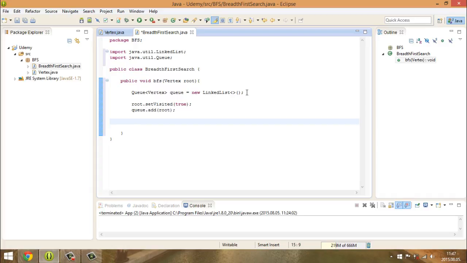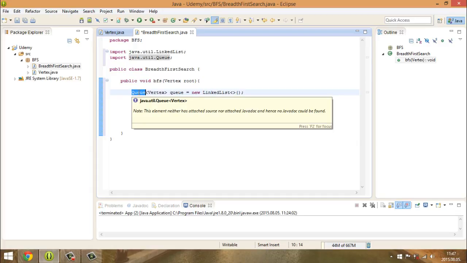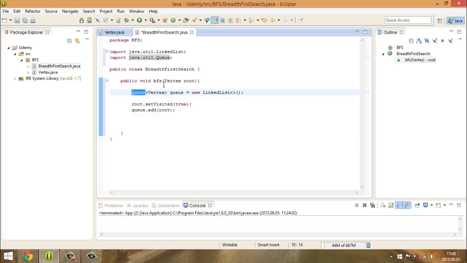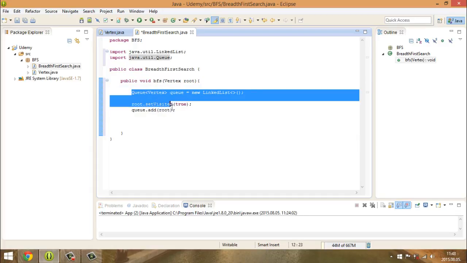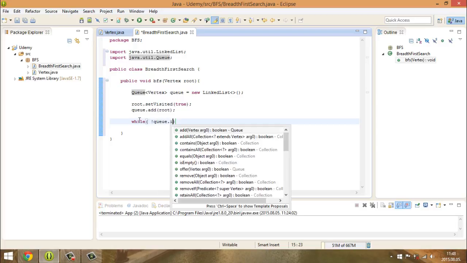And of course, I add it to the queue. If you may recall, we have to use a queue data structure whenever we want to implement breadth-first search. We will see that with depth-first search, the other graph traversal algorithm, we should use stacks instead, or we could implement it recursively. But as far as breadth-first search is concerned, we have to use a queue data structure. So while the queue is not empty,